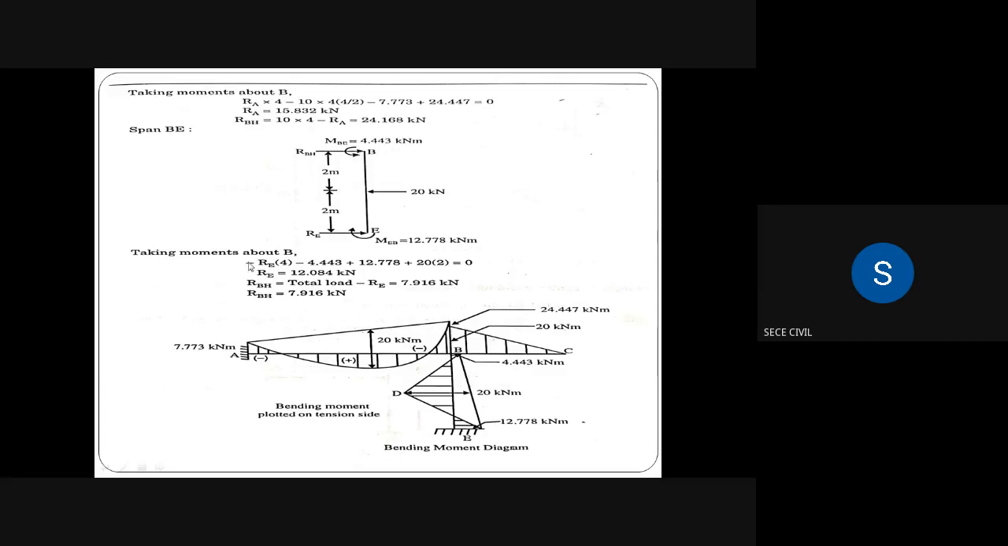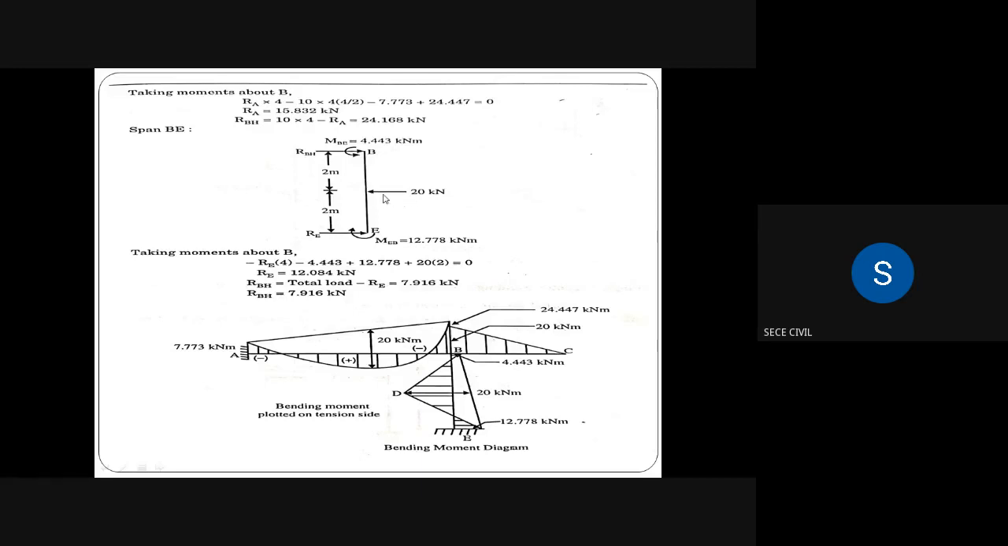Now we are taking moments about point B in span B. Because of RE, we'll have an anti-clockwise moment at point B. So minus RE into 4 minus 4.443, that is the anti-clockwise moment at point B, plus 12.778, and we are having